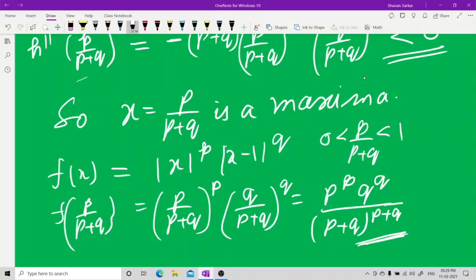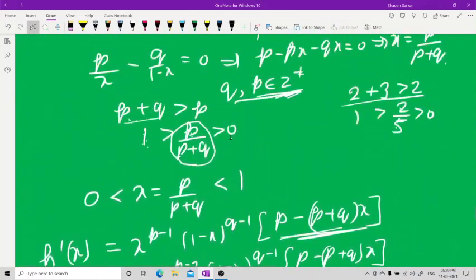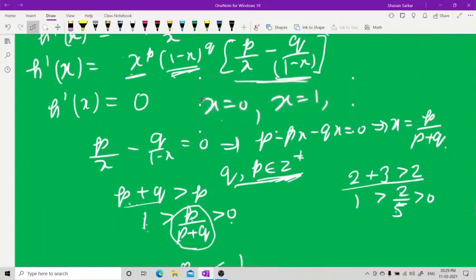Now you will say, what about these 2 points? I told you, if you take p equal to 1 and q equal to 1, they will not come. So they are not a matter of concern. For other terms, they may be minima. But the question is asking about the point where we will always have a maximum. This is the point where, for whatever value, I will always have a maxima. I will always have a maximum value for this point.